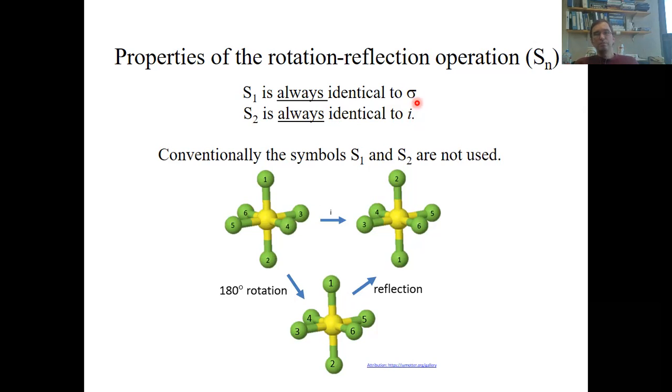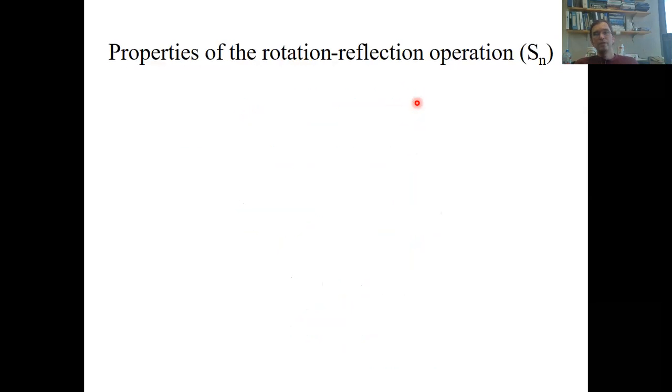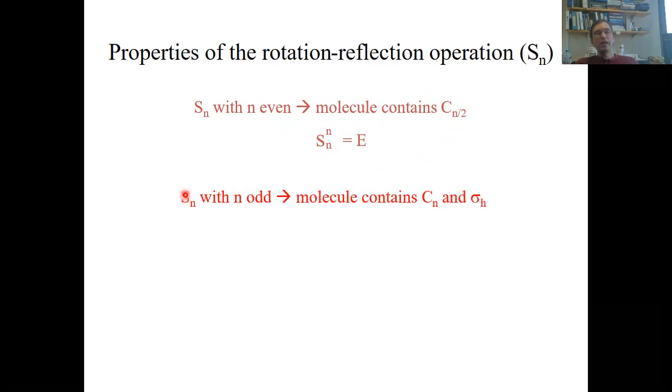Okay, so that's one interesting property of the rotation reflection operation. Another one is that when n is even, then that molecule also needs to contain a proper rotational axis of half the order. Then in this case, when we rotate n times and reflect an equal number of times, we produce the identity. However, when n is an odd number, for example, 3, 5, 7, and so on, then the molecule